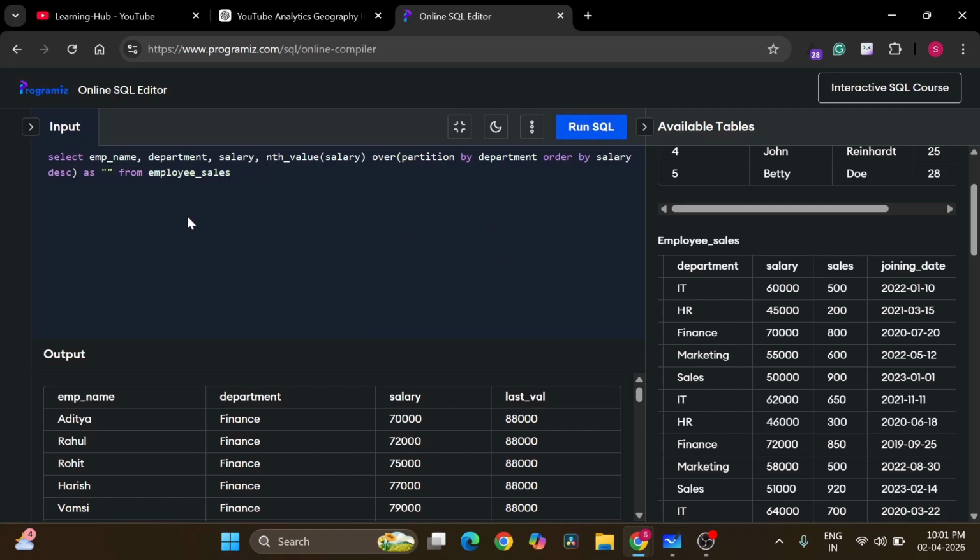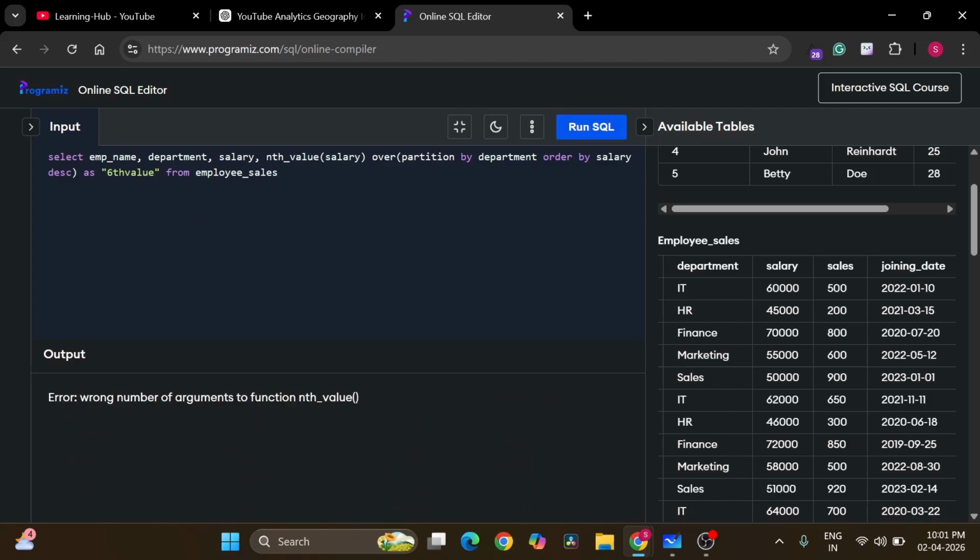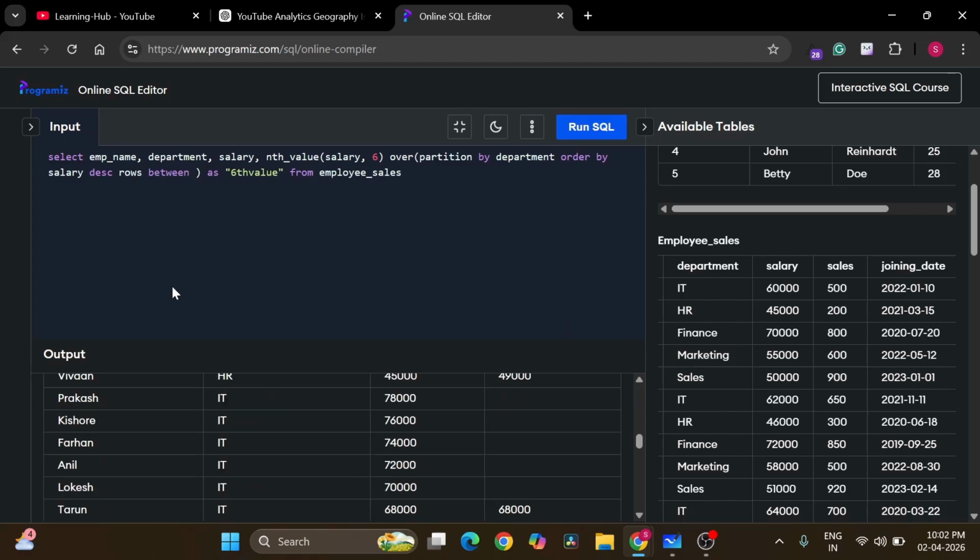Here let us mention this as the sixth value. For example, if I wanted to get the sixth value, run. Okay, I forgot to give the parameter n. So if I mention 6 and run the query,